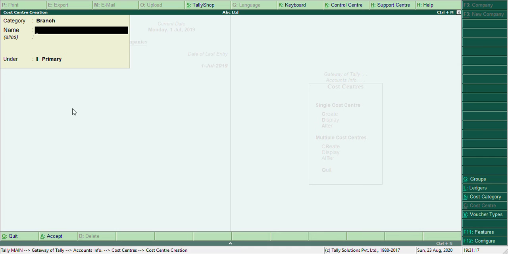Under that there will be a cost center Kolkata, under primary. Under the branch category there is another cost center Delhi, after that Mumbai, then Chennai.